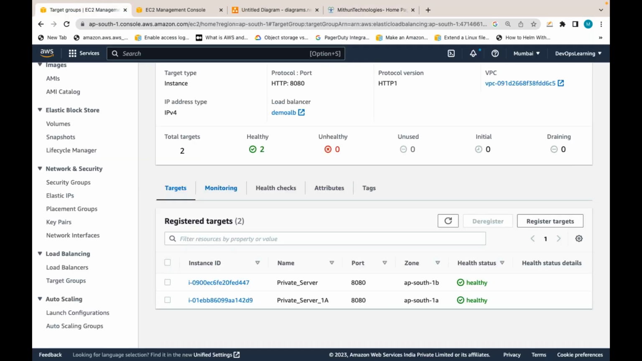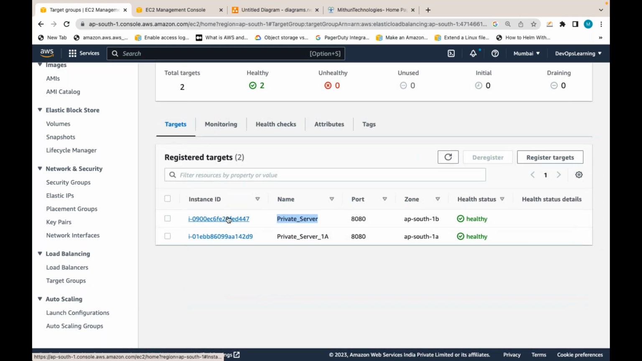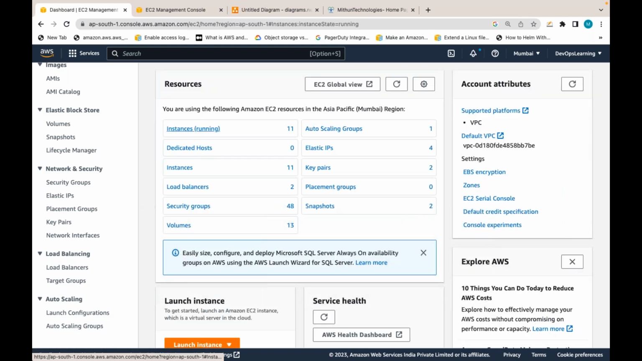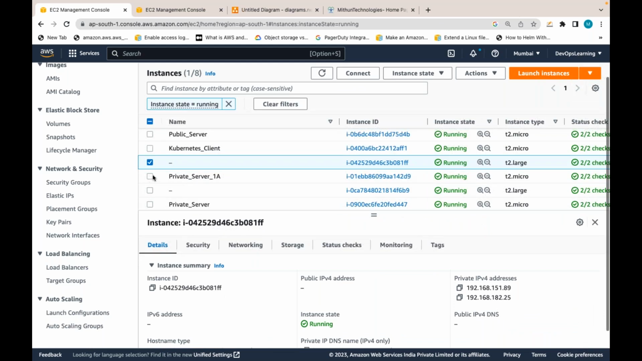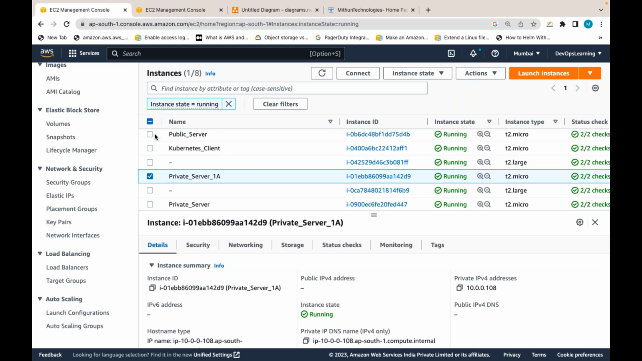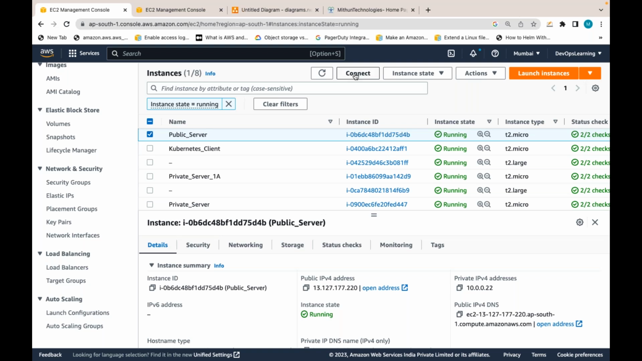Now, as I already told in yesterday's session, these servers are not managed by auto scaling group. If something goes wrong with this server, you will not get another server, right? I already showed yesterday also. Let's say this server, let me intentionally make some changes in this server. Let me intentionally stop Tomcat on that server. So the load balancer